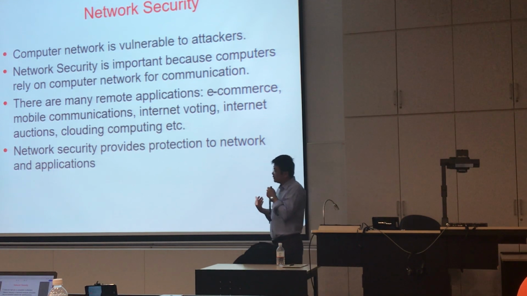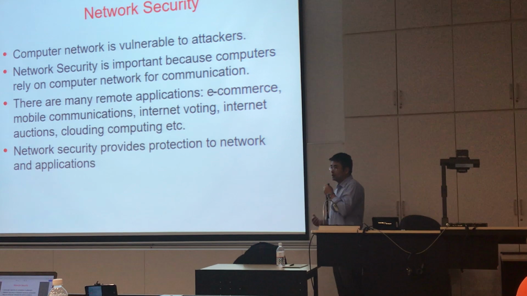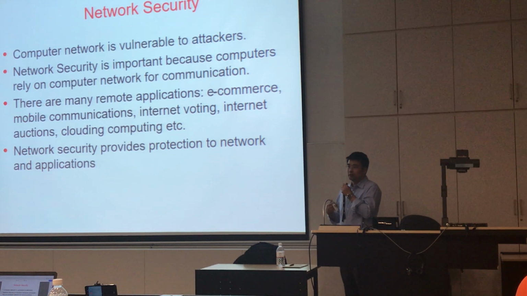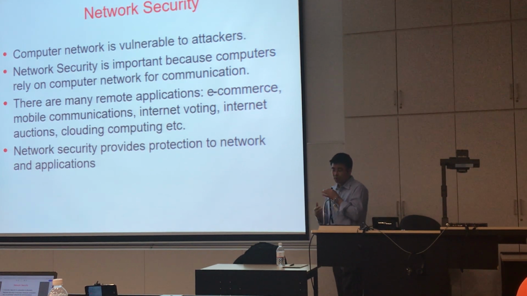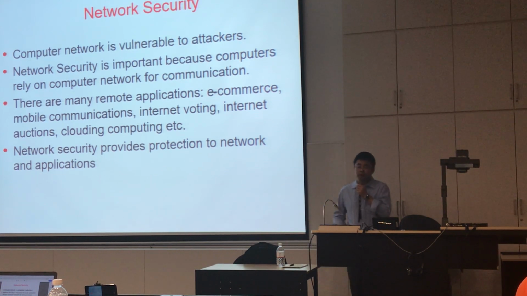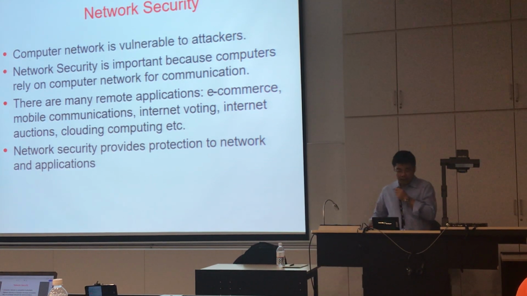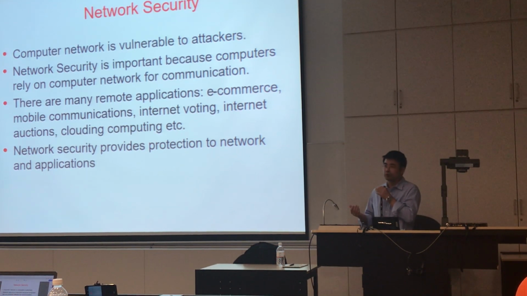As I said, there are different applications and different networks, so the requirements may be different. For example, in the mobile network, usually we need some basic security, and in addition, we may also need anonymity, untraceability, and so on. But in some other applications, we may not need those extra security properties. So depending on the applications and the network infrastructures, we may need to provide different solutions, right?